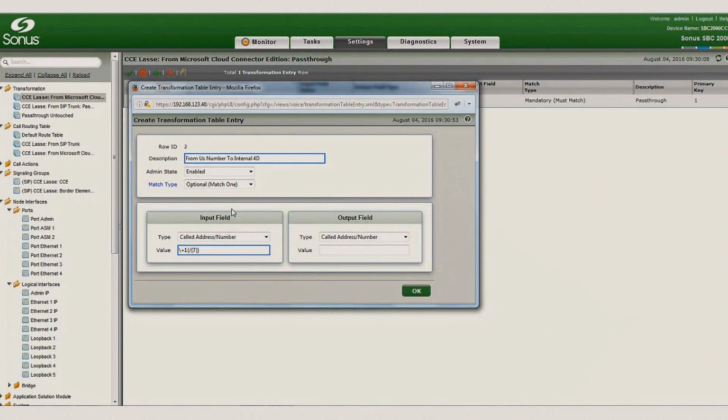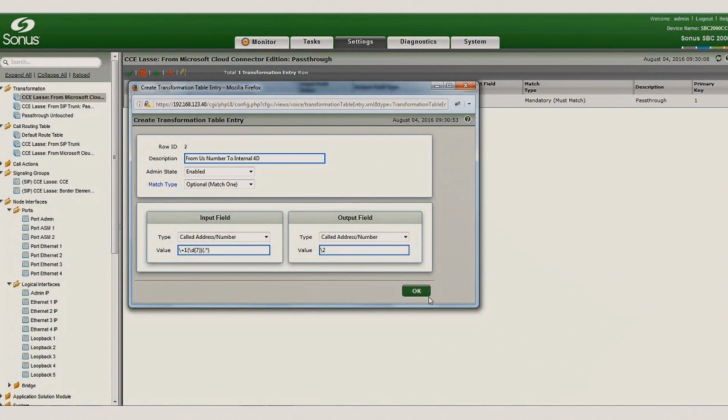Configuration relies on regular expressions. How many know regular expressions by heart? OK, you don't count. If you go with Sonus, they have a good documentation site that explains regular expressions and tells you how to use the different brackets and numbers and digits and letters. If you notice in this demo, I kind of went back and forth because I remembered I had a slash going the wrong way and so on.